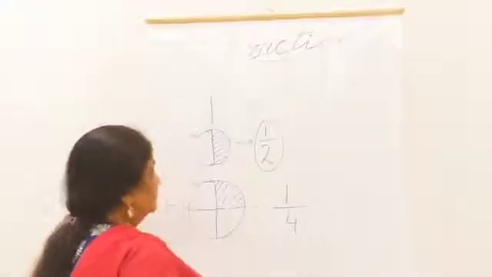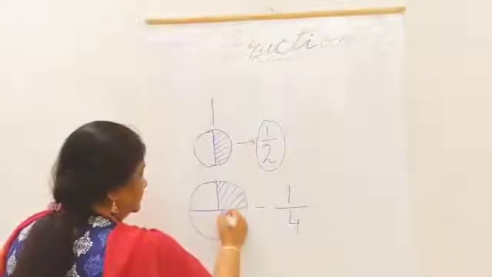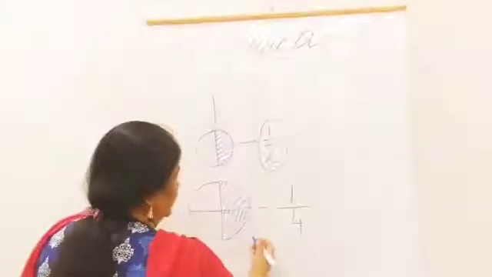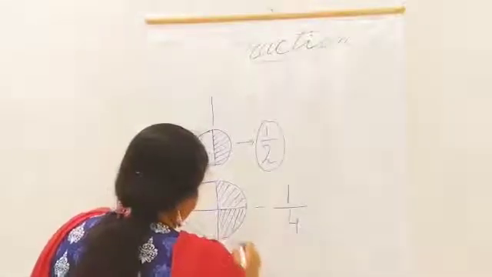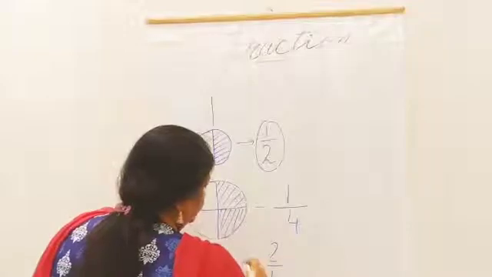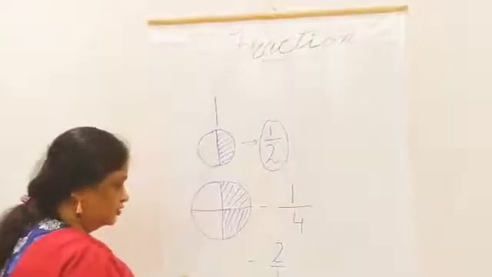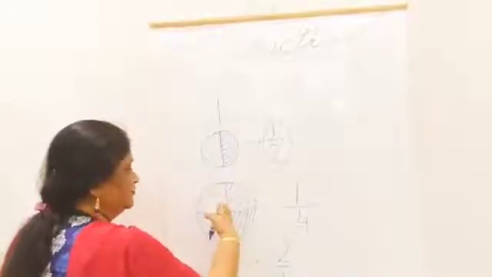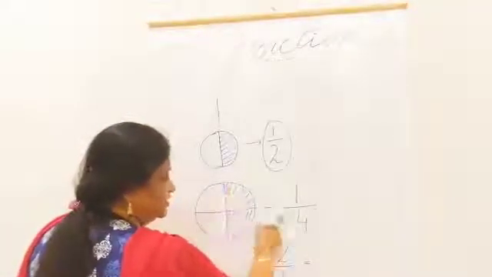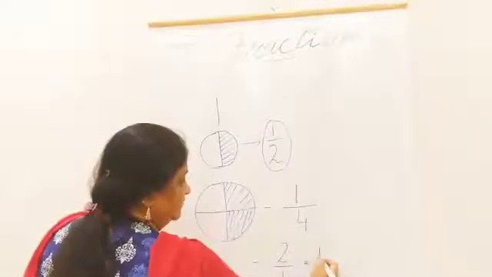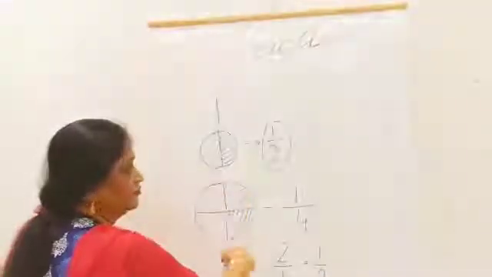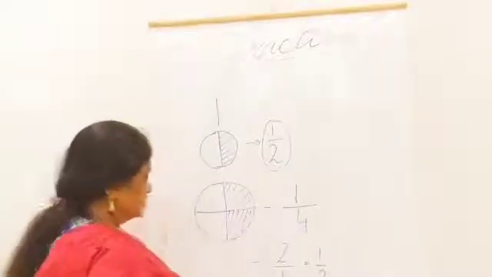Now I want to give one more part to somebody, the second friend of mine. How will I write that? I will write it in the form of 2 upon 4. We can also write it this way, 2 upon 4. You see the circle, half of the circle is already used, which shows half of it is already used, children.